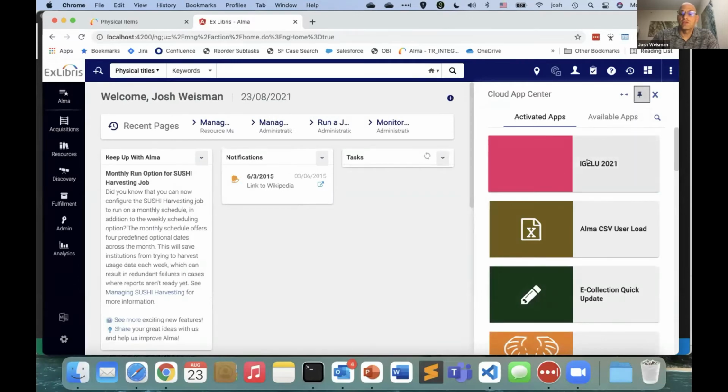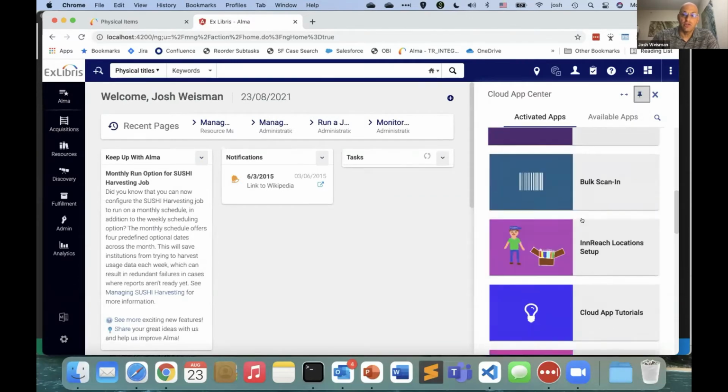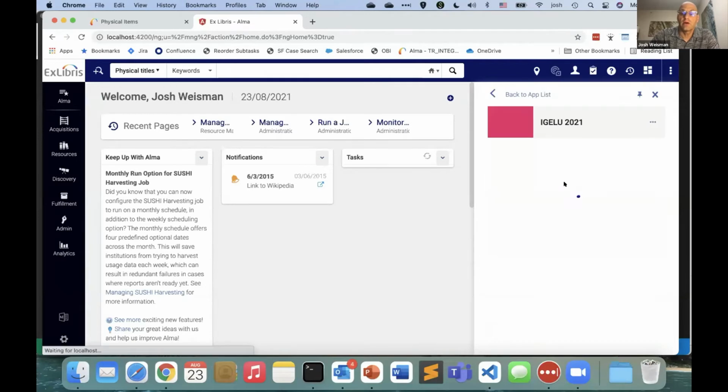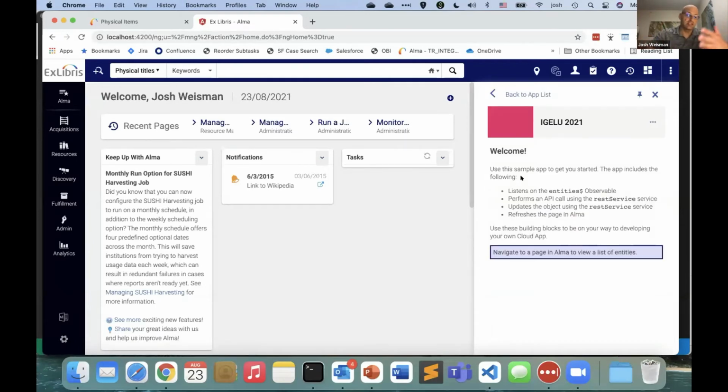And here in the Cloud App Center, we see I have all the apps that I have installed in my sandbox. And the first app, this is the app that I'm working on locally. So in the local development environment, this first app is the one I'm working on locally, my IGeLU 2021 app. I click on it, and I get this scaffolding that's built in. Whenever I create a new app, this is already here. It gives some information about what the app does.